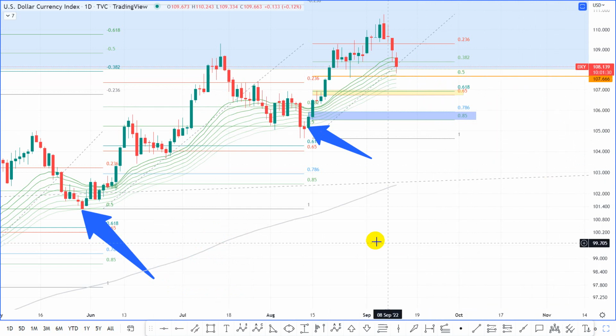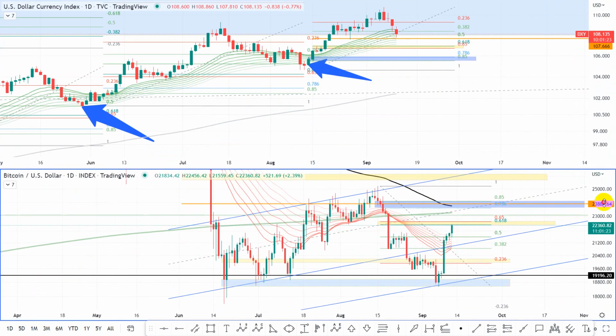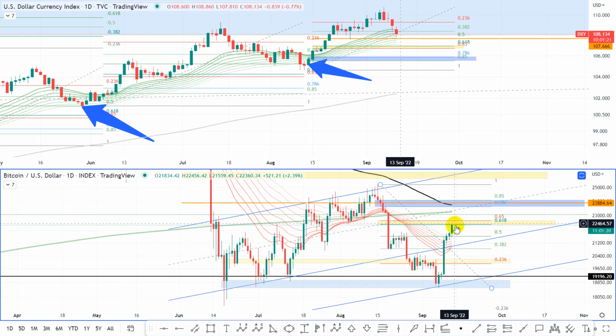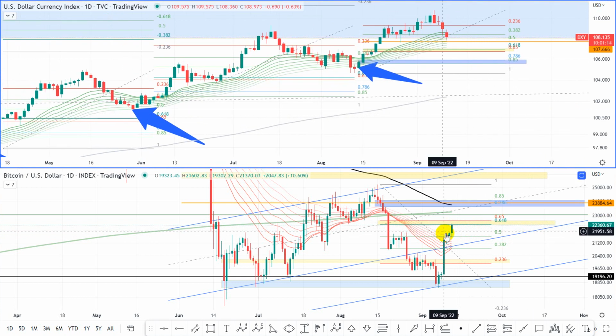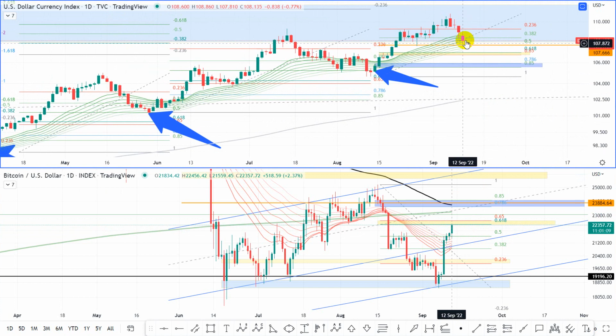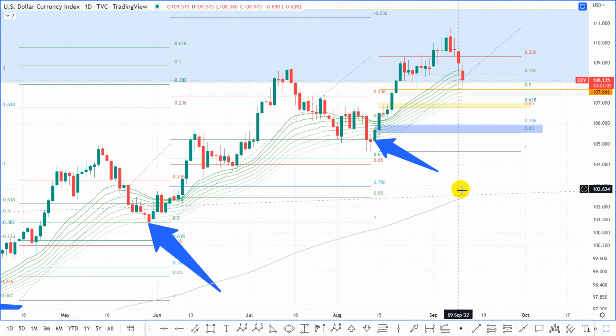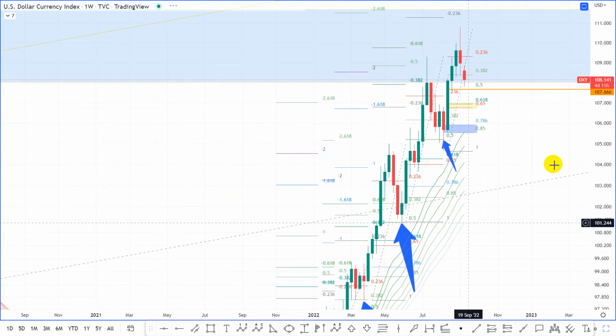The same thing as I told you, if you look at the Bitcoin, it's already in the golden pocket, right? So there might be a little cool off of the market and a little range movement before any other movement will occur, either to the upper side or to the lower side. But I personally think that the dollar will continue to fall while the Bitcoin will continue to rise. Why I also think so is if we switch to the 1 week time frame, what you will